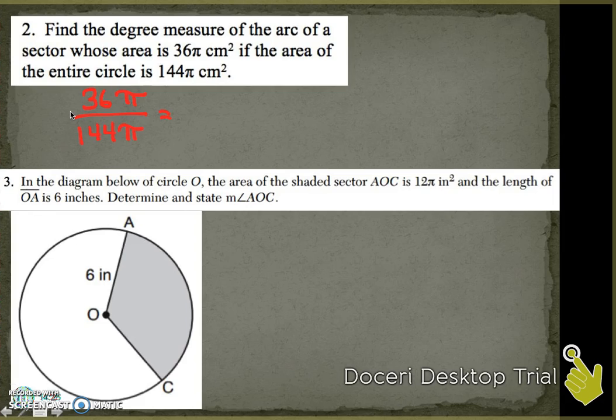And that's going to equal our angle measure over 360. So we can cross multiply here, and I'll end up with 144 pi times x equals 12,960 pi. If I divide